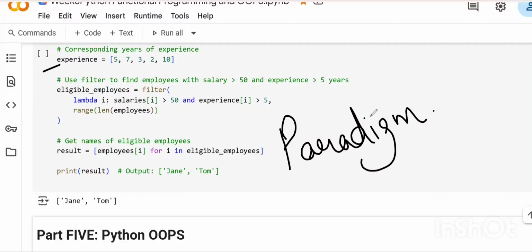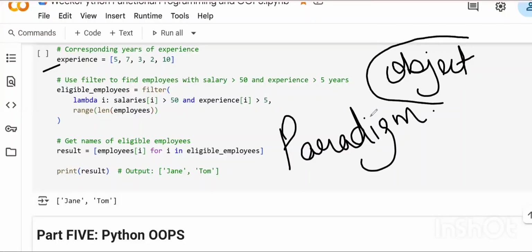Now, just relate it to programming. Each car represents what? An object.